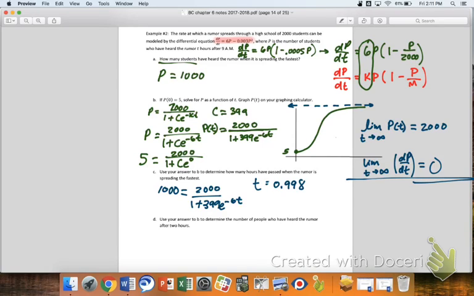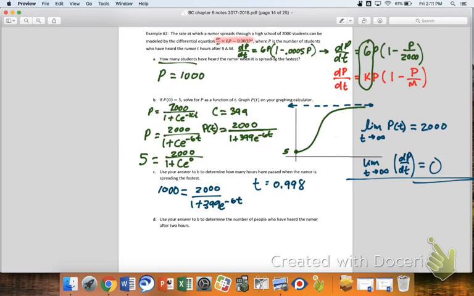Oh my gosh. Yes, you'd end up with 399 e to the negative 6t equals 1. Divide by 399, ln, divide by negative 6, right? You guys good? You guys happy with that? Okay. And then use your answer from B to determine the number of people who've heard the rumor after 2